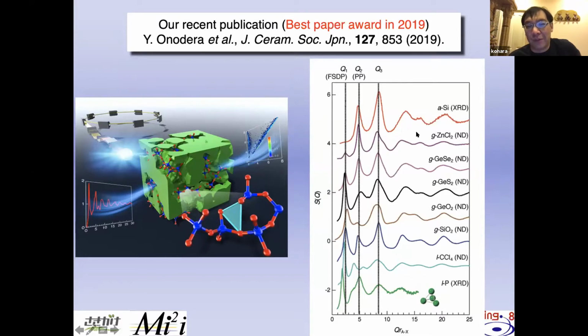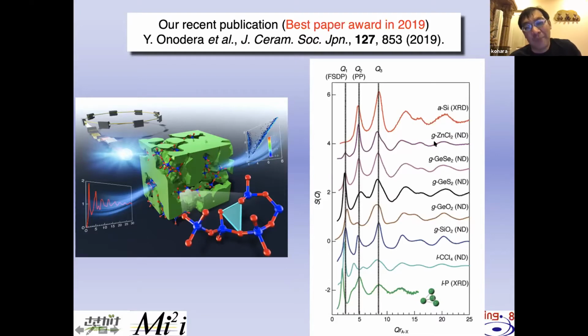So this figure shows the structure factors of several disordered materials. Some data is X-ray, and this is X-ray and neutron. This is a very important and typical amorphous material, amorphous silicon, and these materials are tetrahedral with almost corner sharing motifs. So this is silica, germania. They are very good glass forming materials. Germanium sulfide, selenide, they are very good glass forming materials. Zinc chloride,